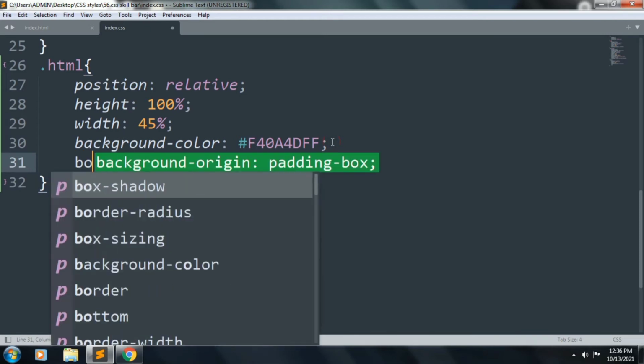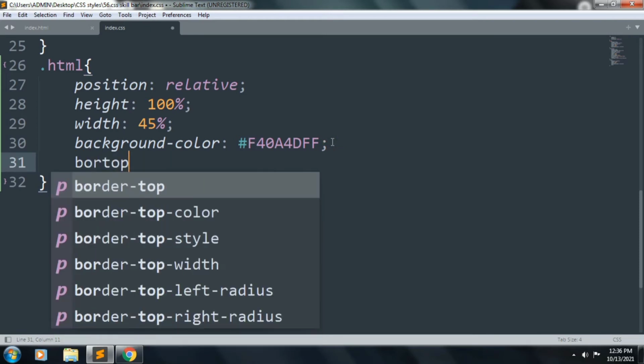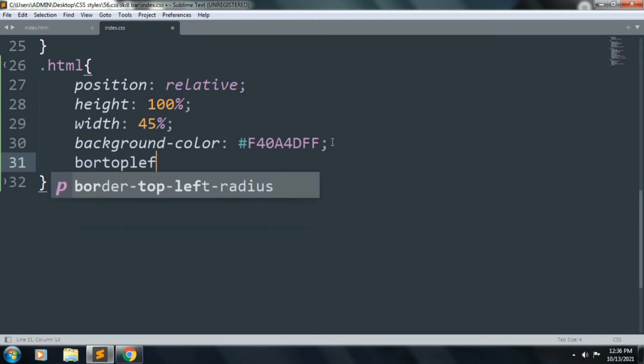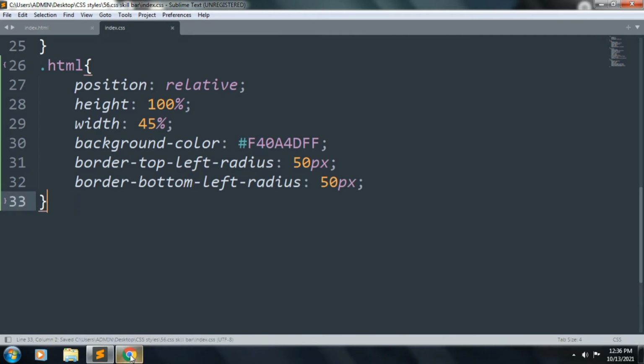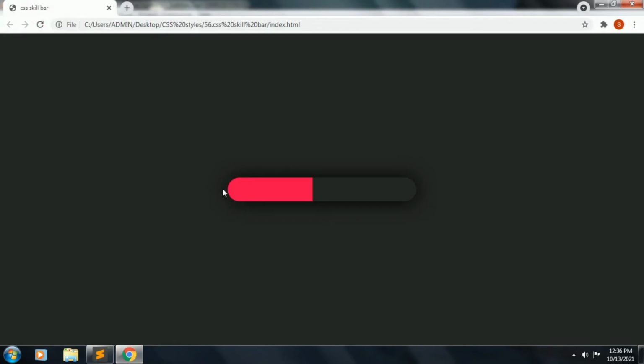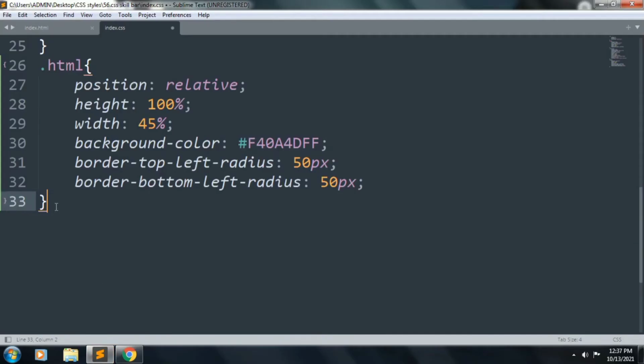Inside this, border top left radius that will be 50 pixel and copy this line, paste it and we want to change this bottom. Save the file, refresh. Now the border is okay.